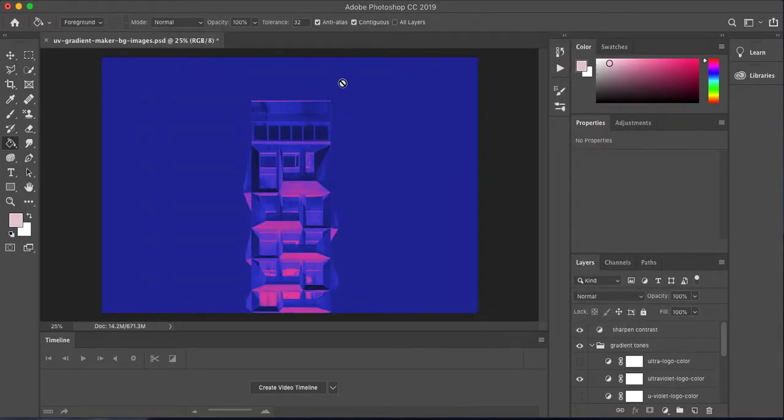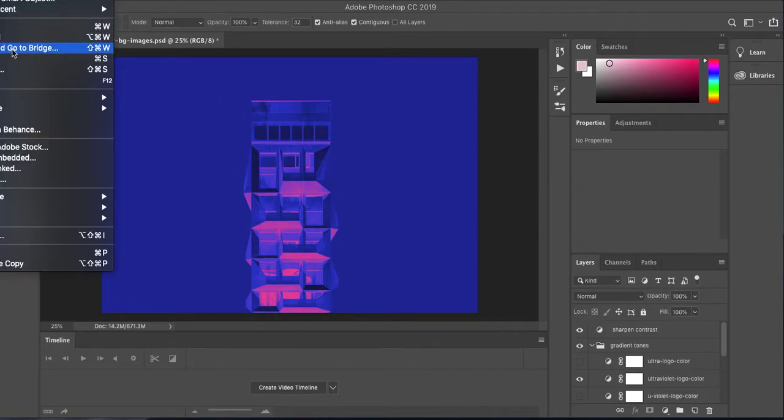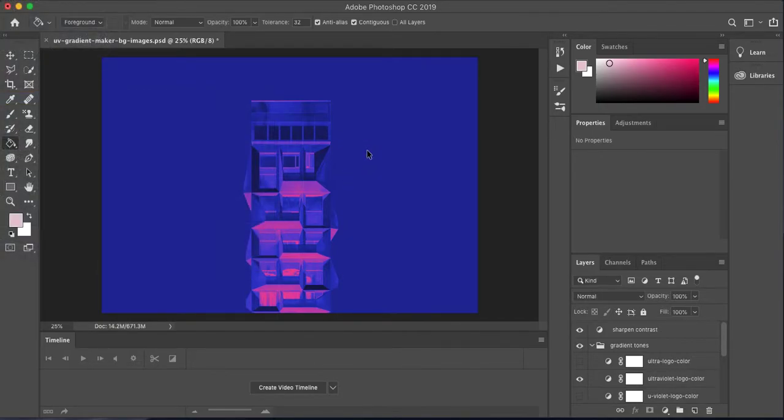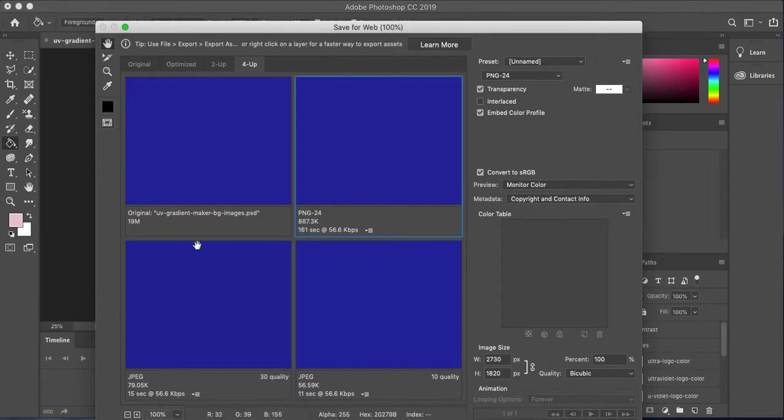When you do a quick export as PNG, it makes it really large. So why don't we also, just for the sake of it, do a save for web. This will give you a bunch of different options. You select JPEG. Then you can do medium quality, maybe like 50 or 60 typically looks good for something like this. You can shrink your image size, especially if it's web, down to like 1400 typically, even less sometimes if it's not going to be a full width image. And then